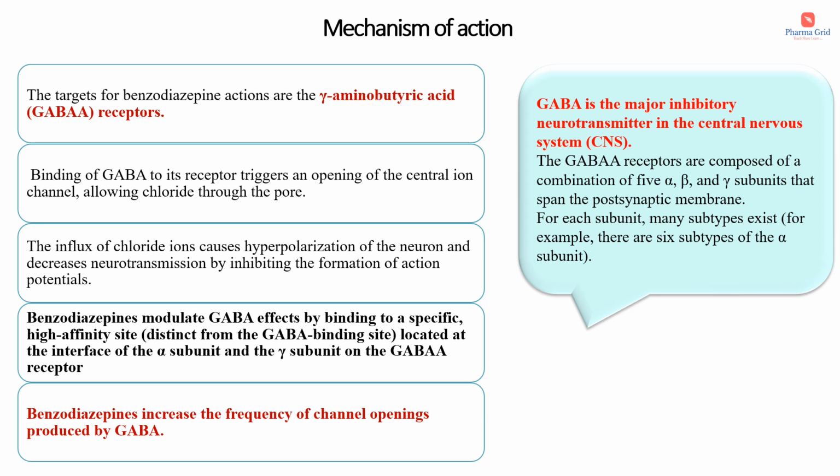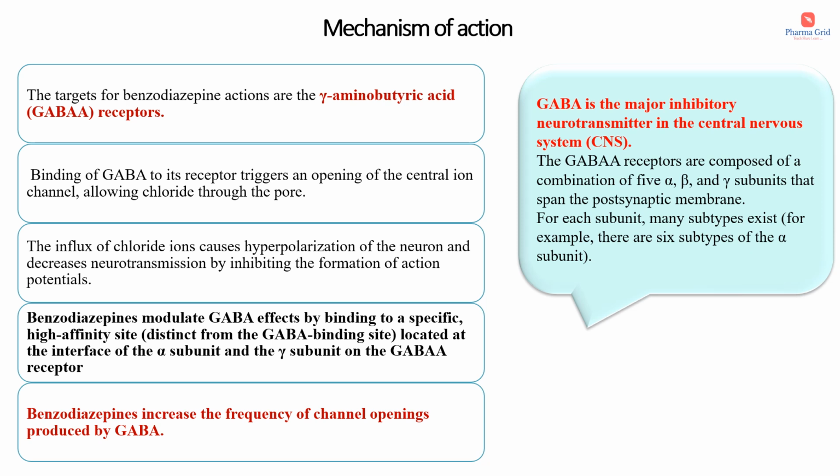For each subunit, many subtypes exist. For example, there are 6 subtypes of the alpha subunit. So what will this GABA do? The GABA will bind to the GABA A receptor. It will trigger an opening of the central ion channel, allowing chloride through the pore. The influx of the chloride ions causes hyperpolarization of the neuron and decreases neurotransmission by inhibiting the formation of action